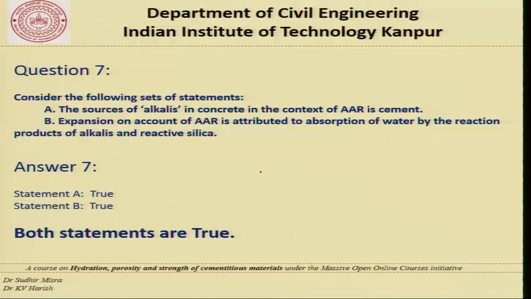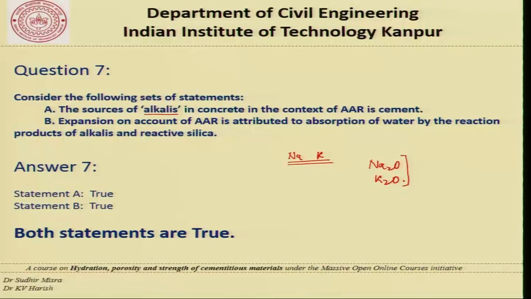In this question, let's consider the statement: the source of alkalis in concrete in the context of AAR is cement. This statement is true because the alkalis that we are talking about are the sodium and potassium ions which are present as impurities in the cement, and they react with the reactive aggregates. And these, if you look at the composition of cement, are listed at the bottom with Na2O and K2O content, which is finally expressed as an equivalent Na2O content, and that's how we evaluate the alkali